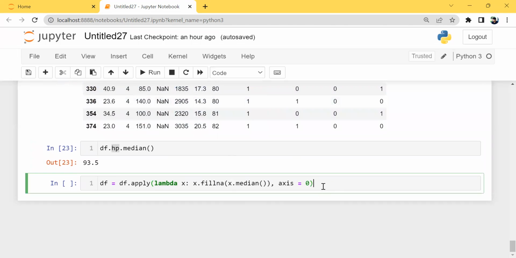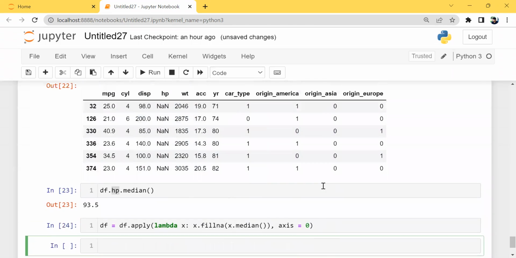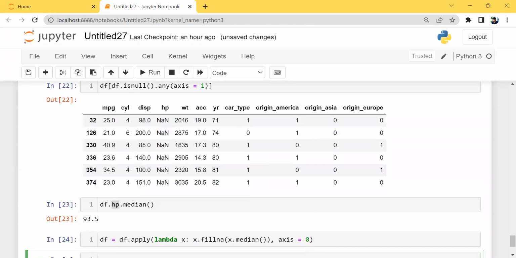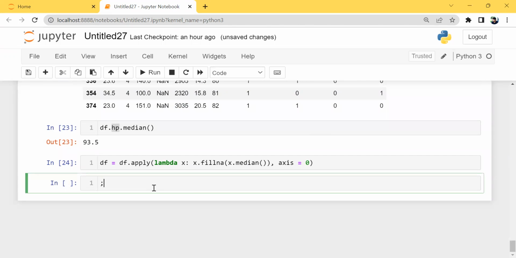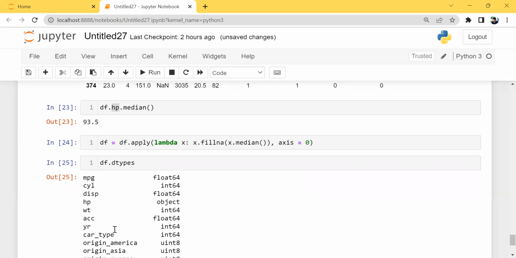So that's why I'm passing axis equal to 0. When I hit shift enter, and when you look here, like df., you need to check right now. See, earlier our HP column has some kind of